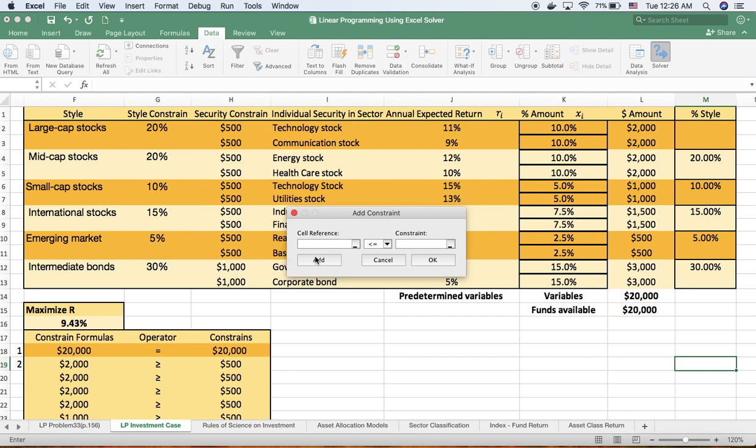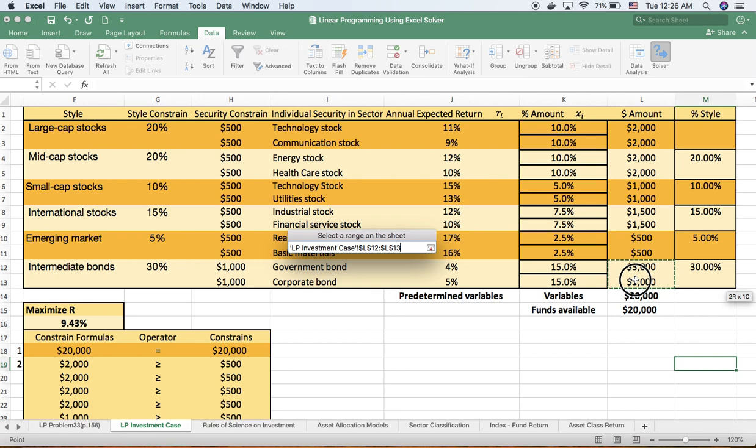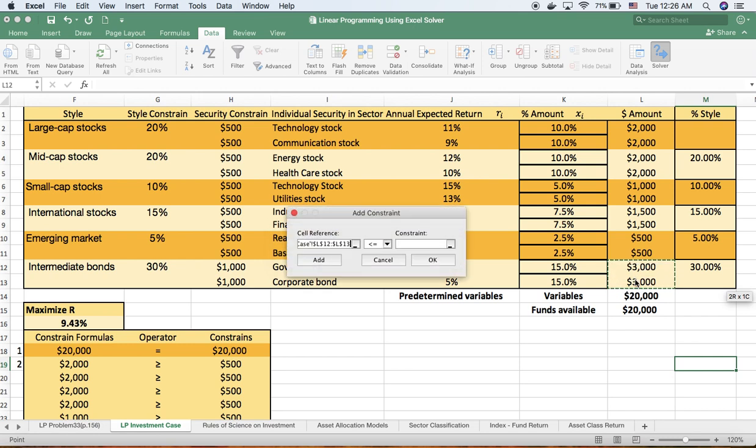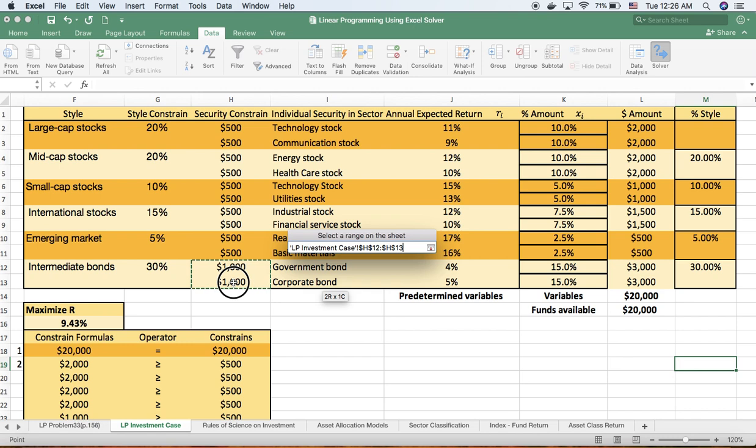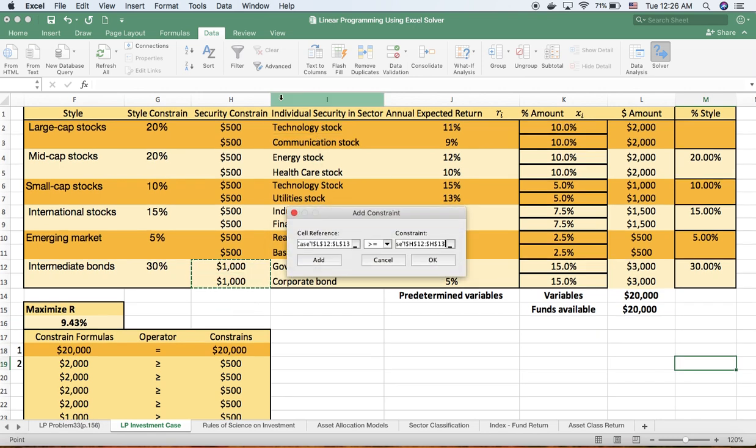The third constraint is the amount invested in bonds, each bond, greater or equal to $1,000. And then